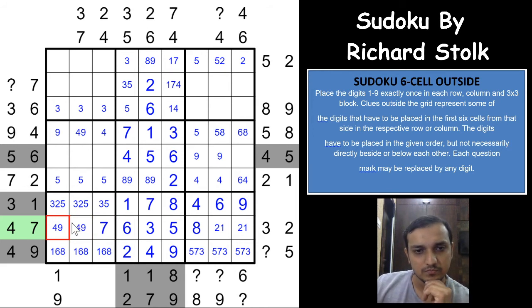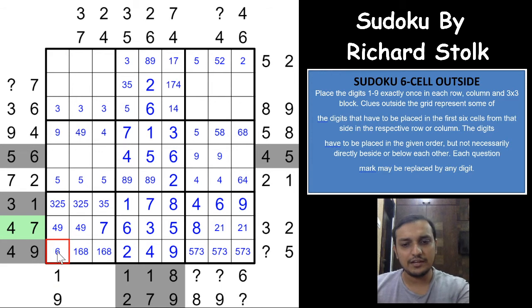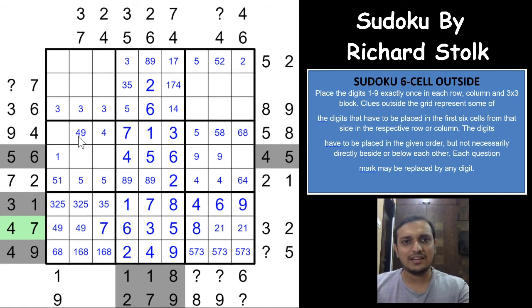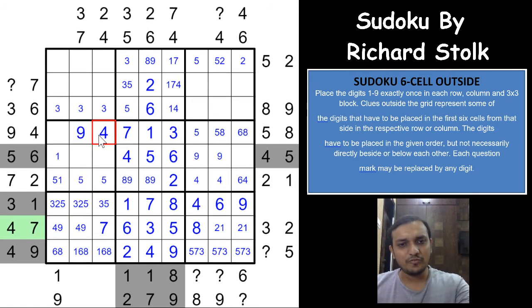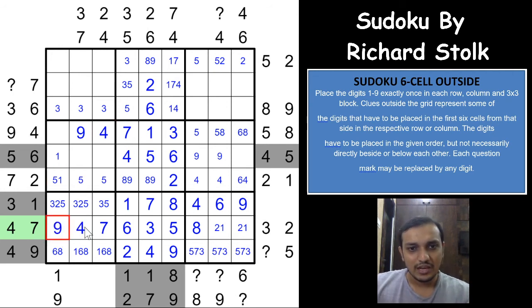Okay, you cannot have a 1 here, because before the 1 you need to have 9. So this would have to be 6 and 8, which means that 1 will have to be in one of these 3 cells, right? And of course 1 is already here, so 1 would have to be in these 2 cells, and now before the 1 you need to have a 9 in one of these 3 cells, or 9 can be here as well. Okay, so you can eliminate 9 from this cell, and this becomes a 9. Excellent. So this becomes a 4, and which means that this becomes a 4 and this becomes a 9 now, and a 4 here and here gives you a 4 in one of these 3 cells.